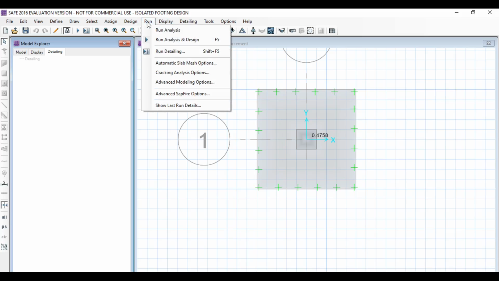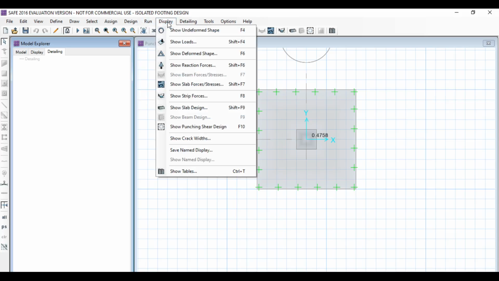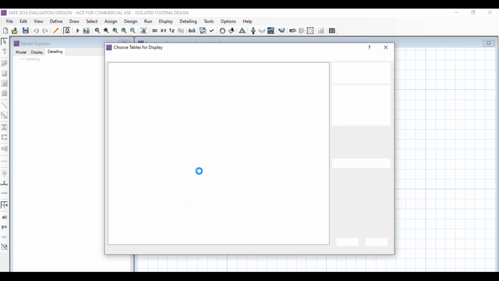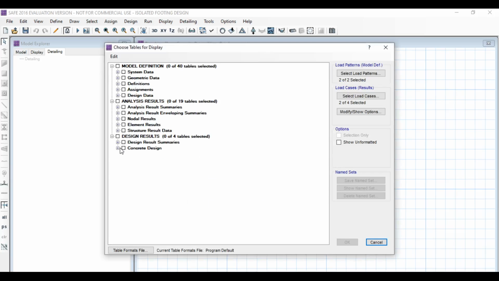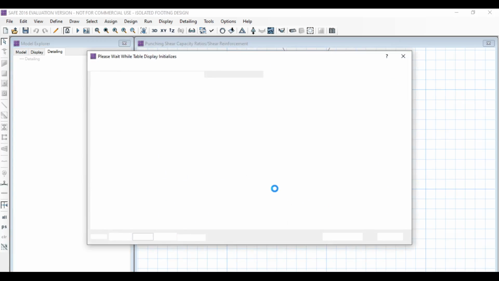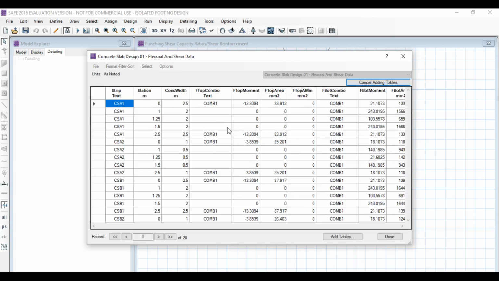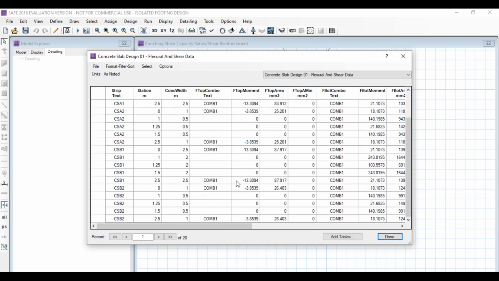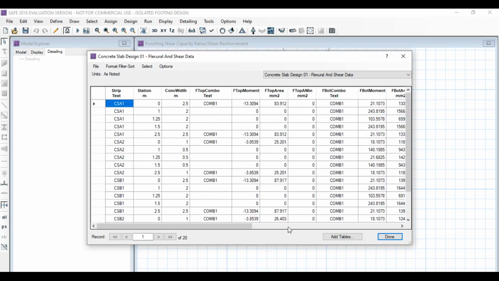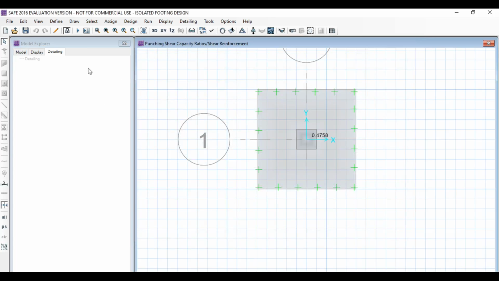So first of all, go to run, show tables, click on concrete frame design, click on table 1, click on OK. So here all values have been seen. So click on done. Thank you for watching.